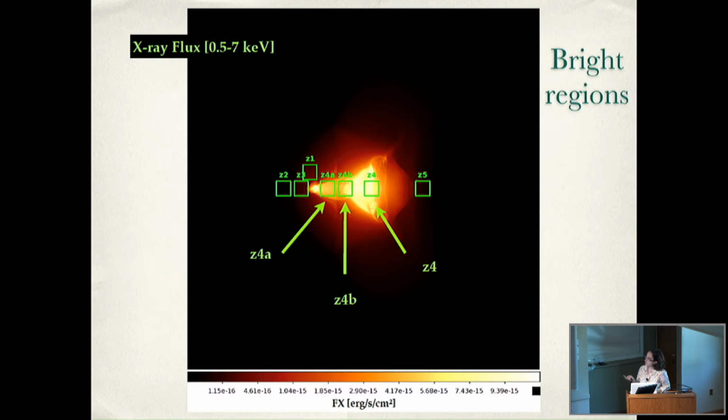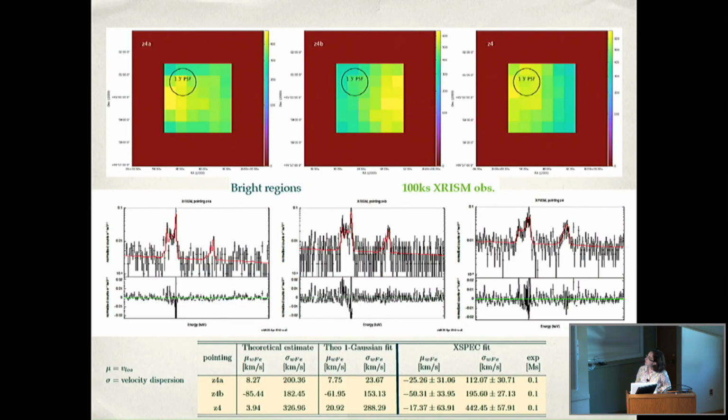We consider these pointings in the center. These are the much brighter images obtained with a 100 kilosecond exposure for GRISM. These are the spectra in the 6 to 7 keV band and the best fit model. Down here, I'm plotting the numbers that you want to compare to the simulation. When you have the simulation, a tricky point is to get out numbers that are actually comparable to X-ray data, or to mock data in this case.